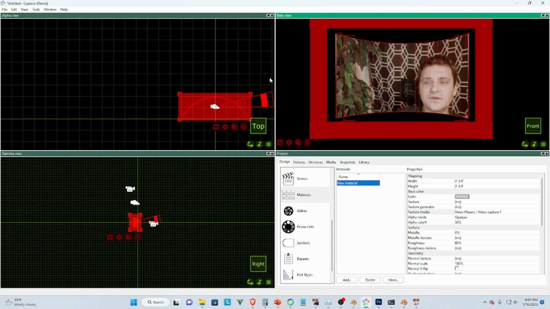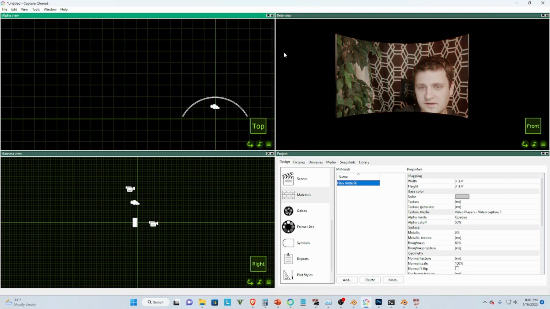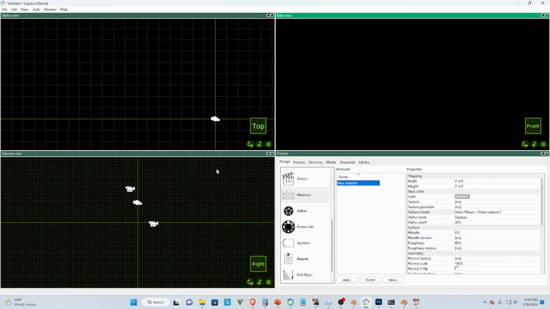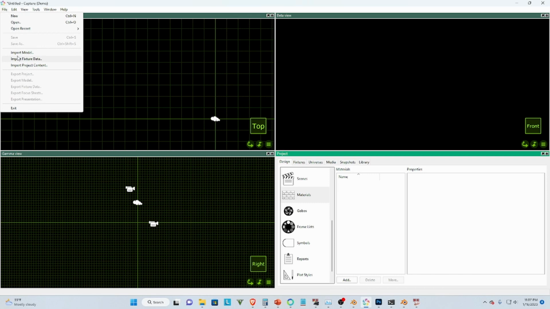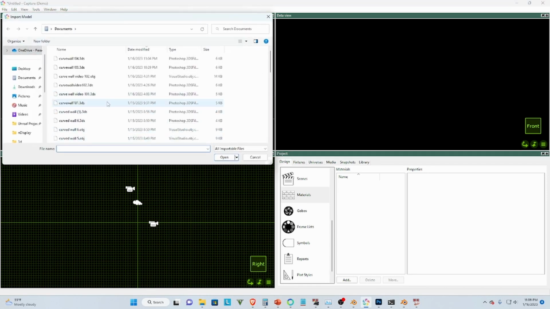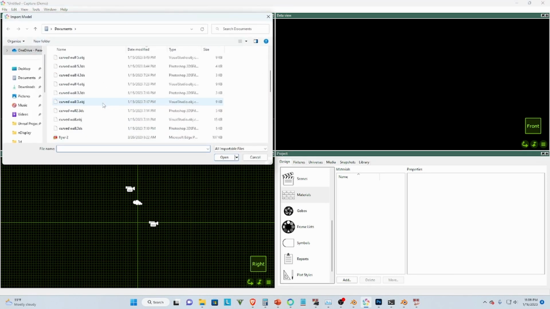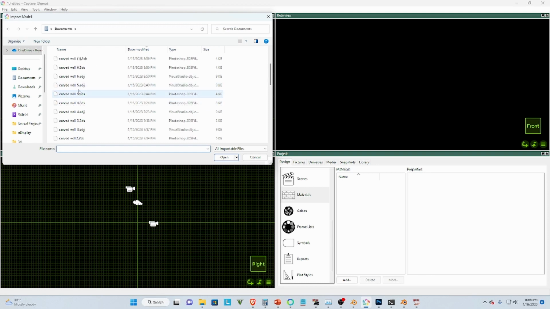Here I am from a previous thing. Let's go ahead and delete that. I'll show you from scratch. So we're going to go to File, Import Model. And then don't try the 3D Studio files in here. They don't work. It doesn't show any mesh. So let's go to, as that said,